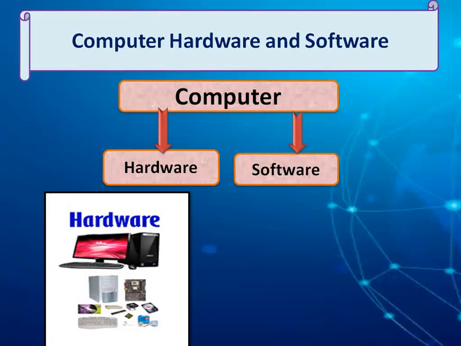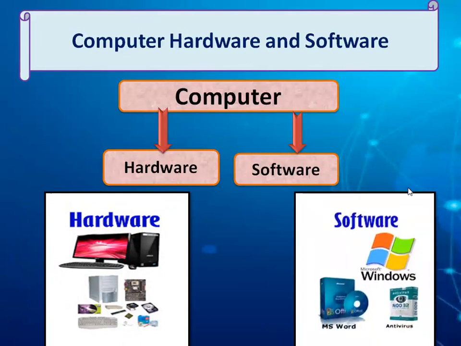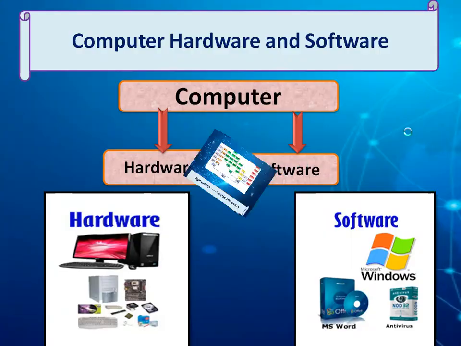The programs are called software. It means that the set of instructions, the applications, is called software, which we can install in our computer system. The processing of input to output is directed by the software but performed by the computer hardware. So, computer hardware and software have a relationship between each other. Without hardware, software cannot function, and without software, hardware cannot function.